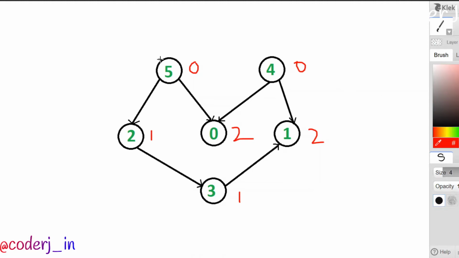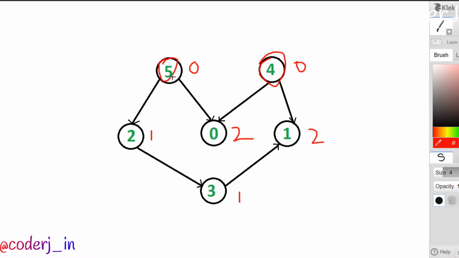So what I'll do is, I'll take course number 4 and I'll take course number 5. I'm not supposed to print their order, that's not an issue. I'm just supposed to check whether I can complete all the courses, which means I can actually traverse through this complete graph using that topological order.